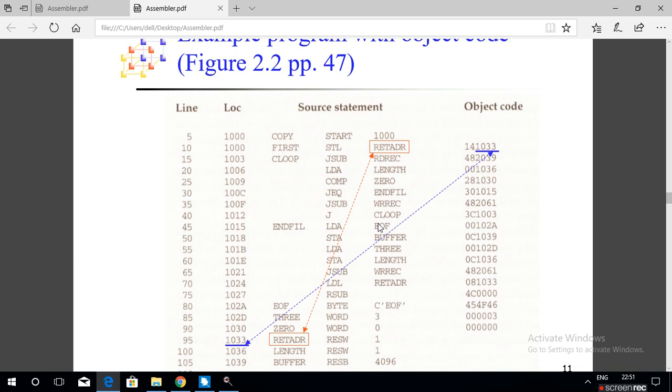Observe this assembly level language program.